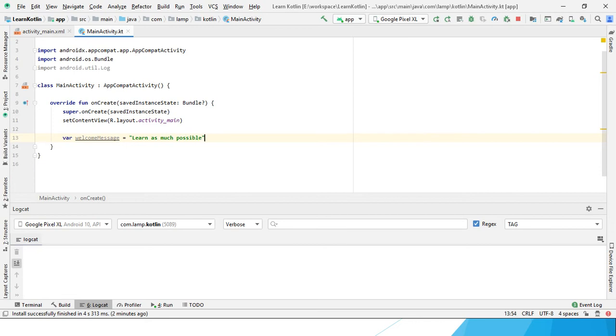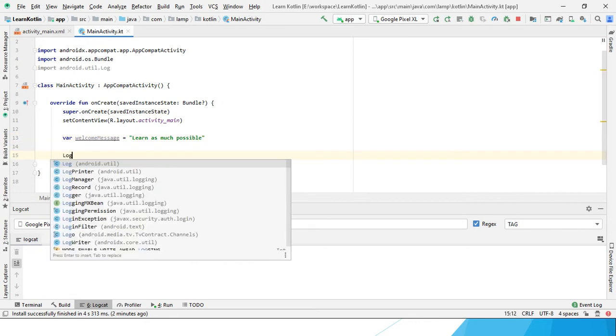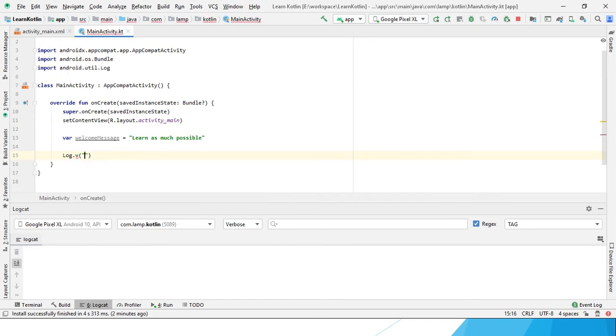Now I am going to print the same value. See, there is no difference between val and var if you look at that code. The only thing is the declaration, val and var. That's the differentiation. If you see the highlighted message, it says the variable is never modified and can be declared immutable using val. This is the reason we have to use val if the value is not going to change.